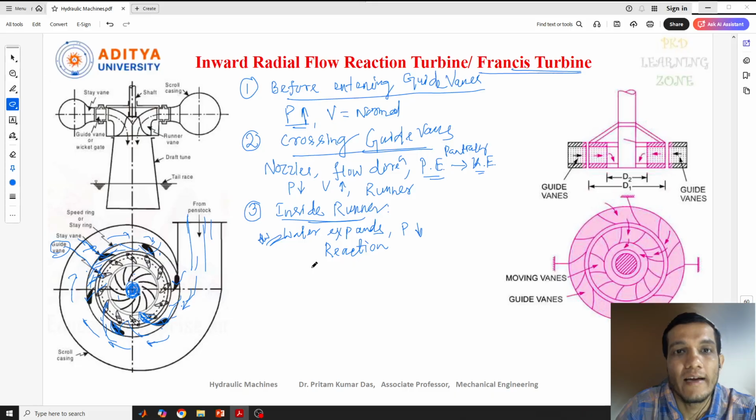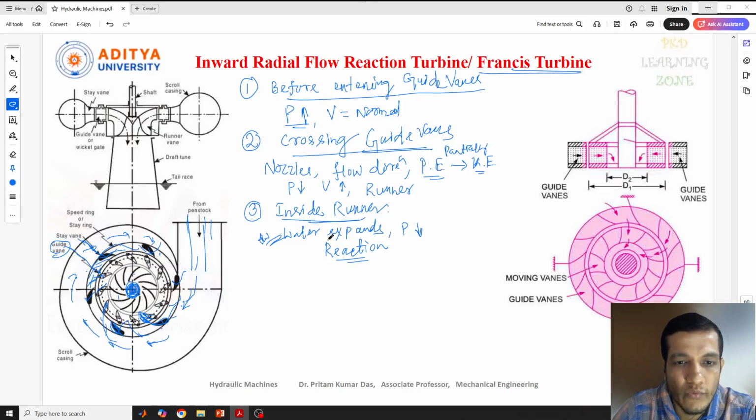That's why it is called a reaction turbine. Due to the pressure difference, a reaction force is created, and that's why it is called a reaction turbine. And due to that, it started rotating here. This is inside the runner part. Now the pressure difference inside the runner,